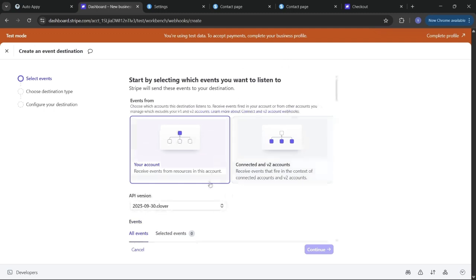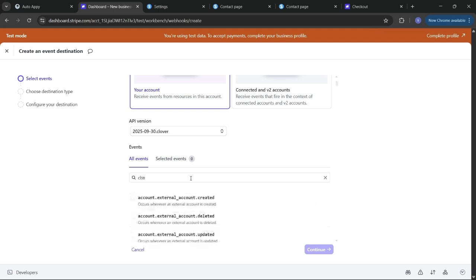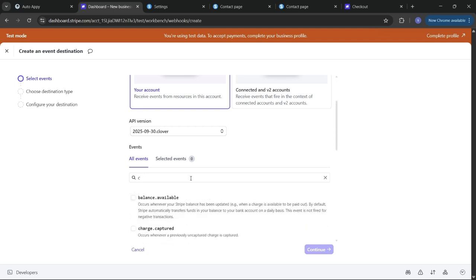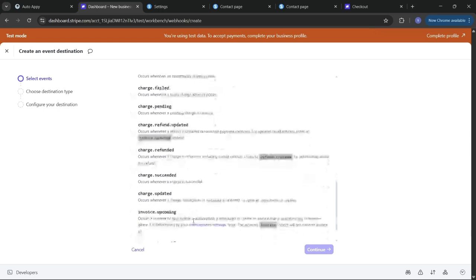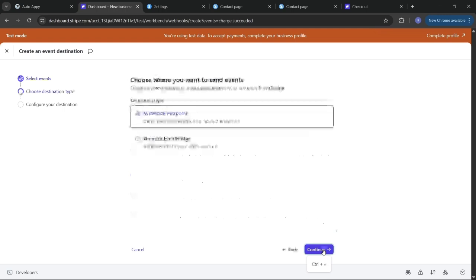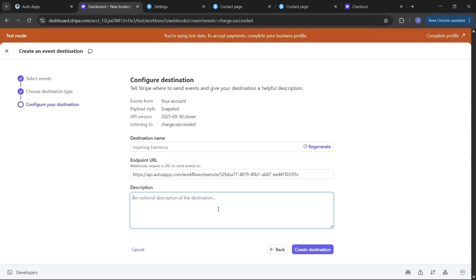So just click add destination, and then in here we will just search for the event, charge succeeded. So just select this and say continue, and then let this webhook endpoint be selected. Just say continue again, and then we will just go and paste the AutoAPI webhook here, and you can give this any description such as